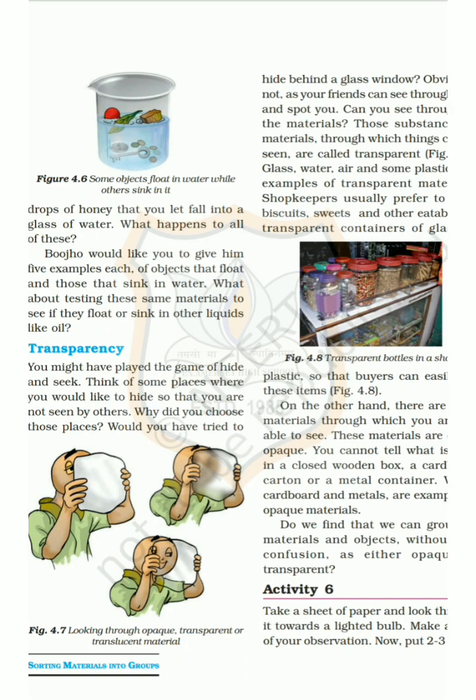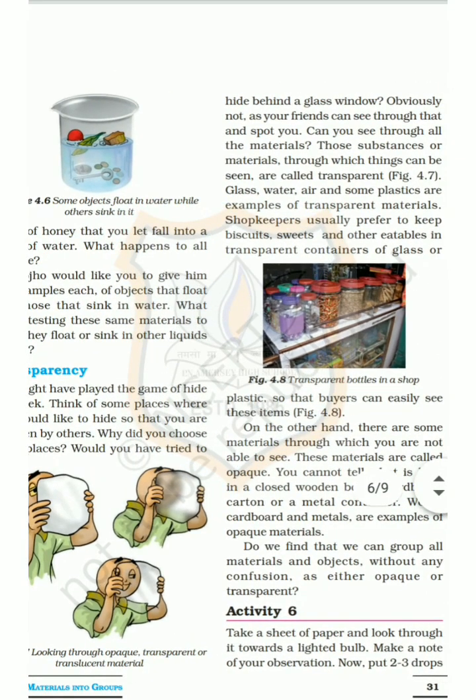Would you have tried to hide behind a glass window? Obviously not, because your friends can see you and spot you easily. Can you see through all the materials? Is it possible to see through all types of materials? Those substances or materials through which things can be seen are called transparent. Glass, water, air, and some plastics are examples of transparent materials, so that we can see the objects